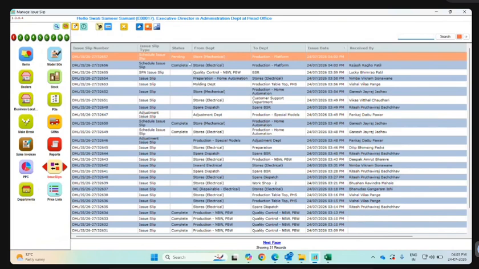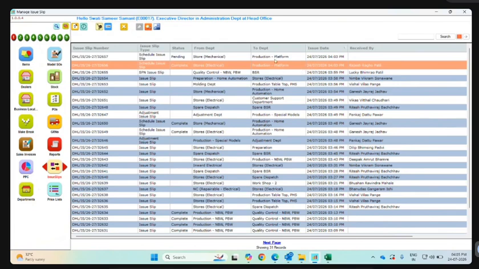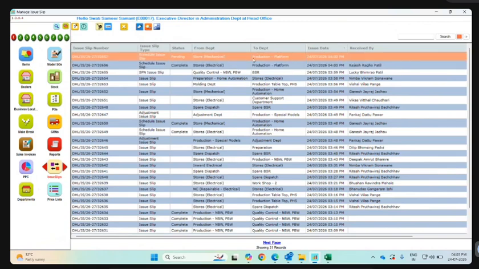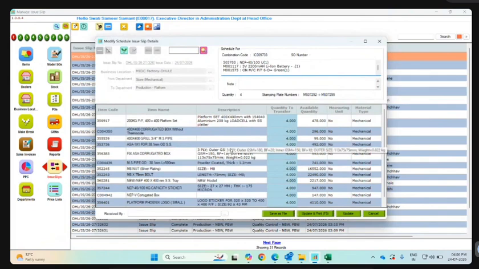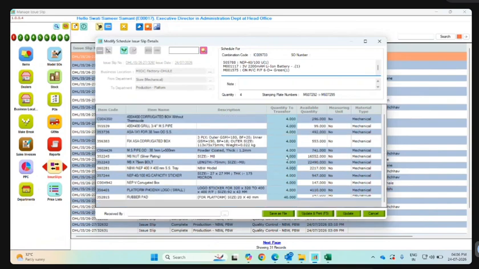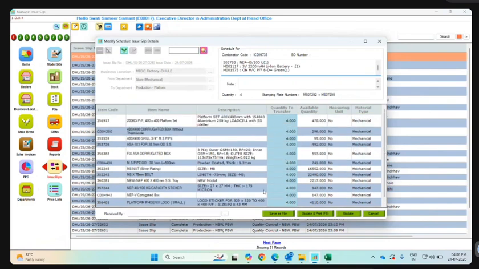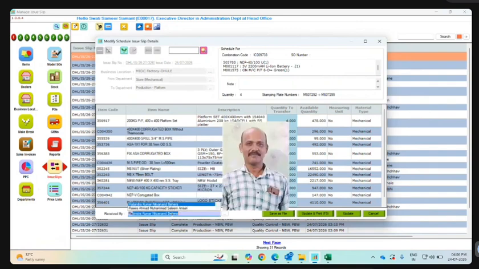अभी ये दो इशू स्लिप रेडी हो गई है। अगर हम देख रहे तो हमने एक ही डाला था लेकिन दो क्रिएट हो गई है। एक स्टोर इलेक्ट्रिकल टू प्रोडक्शन प्लेटफॉर्म, सेकंड इज स्टोर मैकेनिकल टू प्रोडक्शन प्लेटफॉर्म। ये ऑटोमेटिकली तैयार हो गई है। ये पेंडिंग दिखा रही है। अगर मैं इसको मॉडिफाई इशू स्लिप में जाकर यहाँ पे क्लिक करती हूँ तो इन चार मशीन्स के लिए मुझे प्रोडक्शन प्लेटफॉर्म पर स्टोर मैकेनिकल के लिए जो आइटम चाहिए वो सब दिख रहे हैं। अगर मैं इनको भी रिसीव कर लेती हूँ